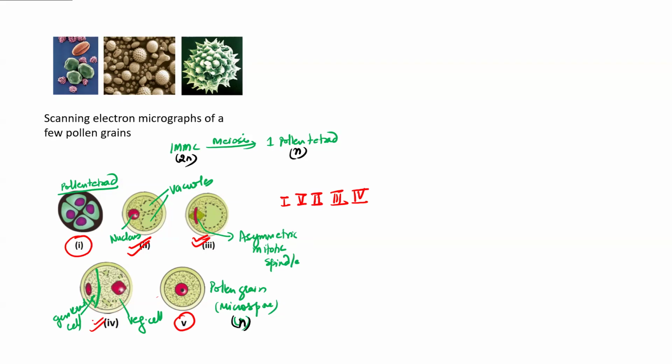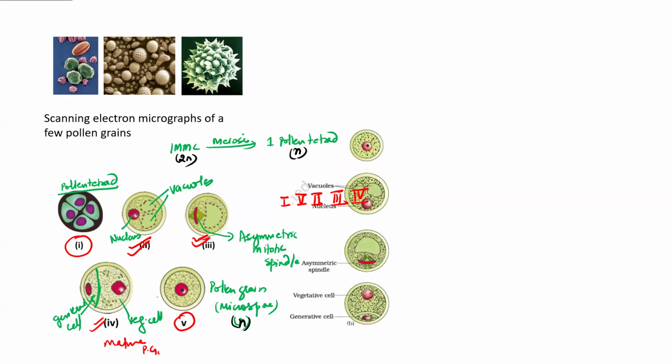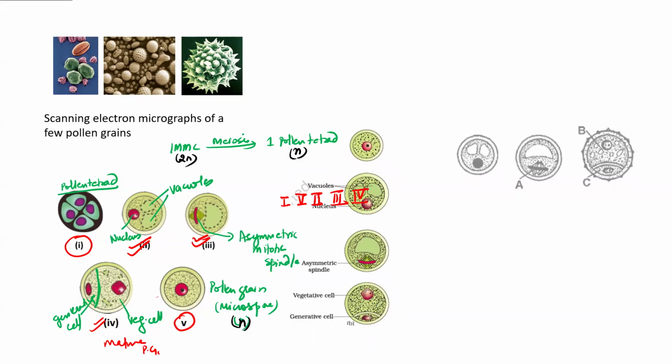Please see the NCERT line carefully near the diagram. You will find this line: when pollen grain is mature, the mature pollen grain contains 2 cells. So the mature pollen grain is 2-celled. So this is the diagram based question. Please understand. Based on this only, a few questions are there. You can see this is one question.